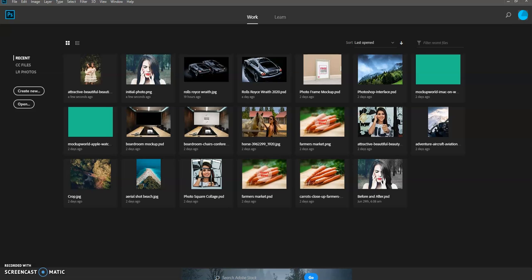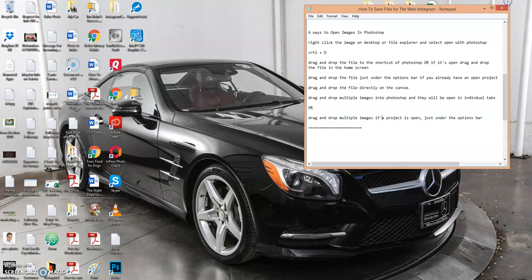So let's work with the first option here. You could go to your File Explorer if you're on a PC, and I'm not too sure how it works on the Mac, but I'm sure you can figure this out. You can right click on the image on your desktop or in your File Explorer and select to open in Photoshop. So let's open up a